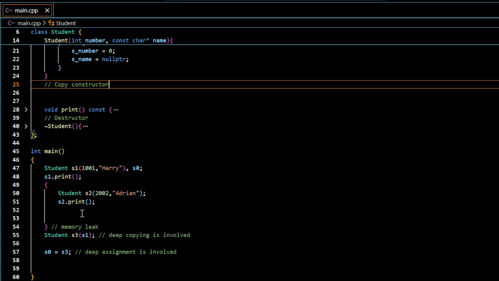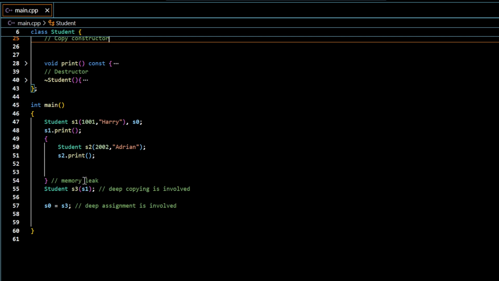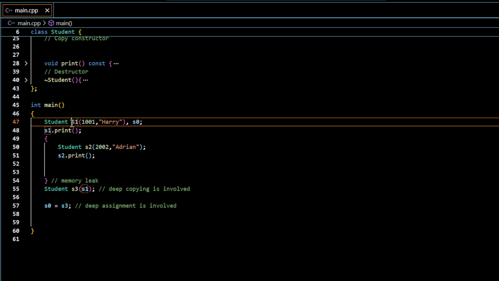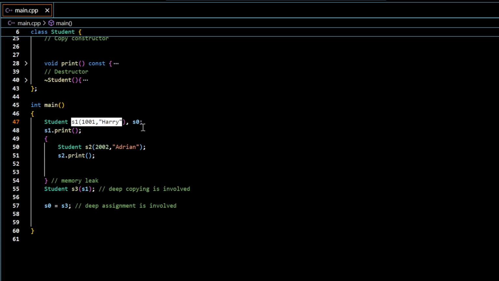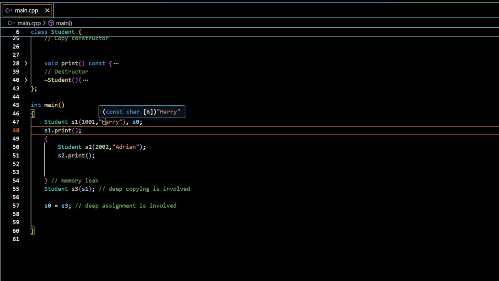A copy constructor is needed when you want to create a new object by copying the contents of an existing object S1. S1 is defined in this line, which has the data 1001 and Harry as the name. And if I want to create a new object by copying from S1,